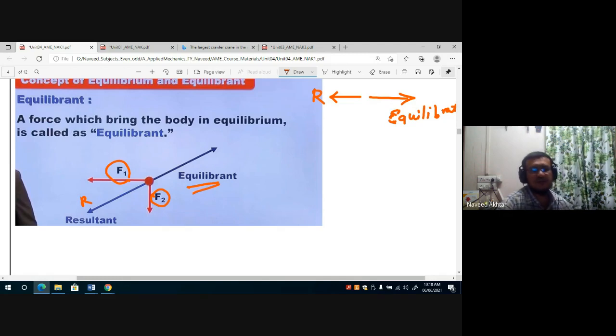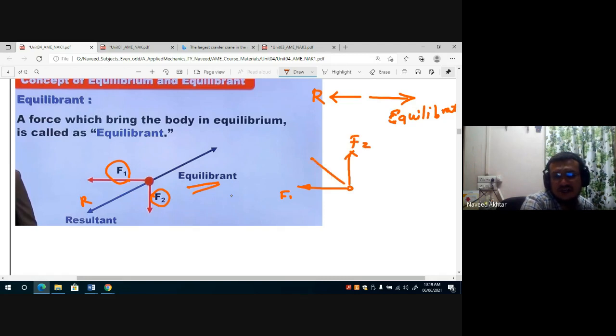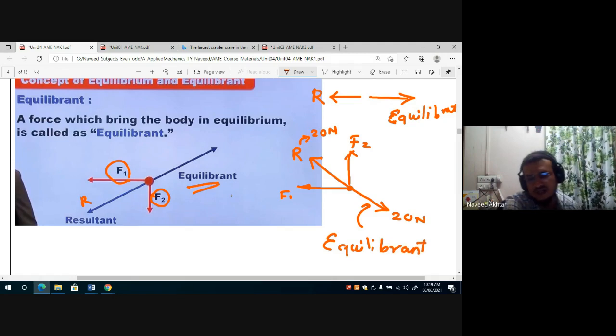तो आप समझ जाएंगे इक्विलिब्रियम किसको बोलते हैं। अगर सिस्टम ऑफ फोर्स है, अगर मैं लेता हूँ कि यहाँ पर मेरा फोर्स F1 है, ये फोर्स F2 है, और इसका जो रिजल्टेंट है वो R है। तो R का मैग्नीट्यूड अगर, फॉर एग्जांपल, 20 न्यूटन है और इसके अपोजिट में अगर हम बॉडी को इक्विलिब्रियम में रखने के लिए 20 न्यूटन का ही फोर्स अप्लाई करते हैं, तो इसे कहते हैं इक्विलिब्रियंट। So this is nothing but equilibrium force.